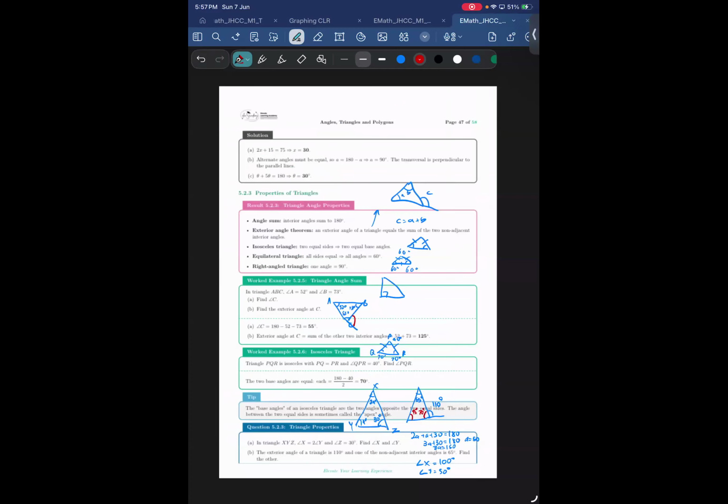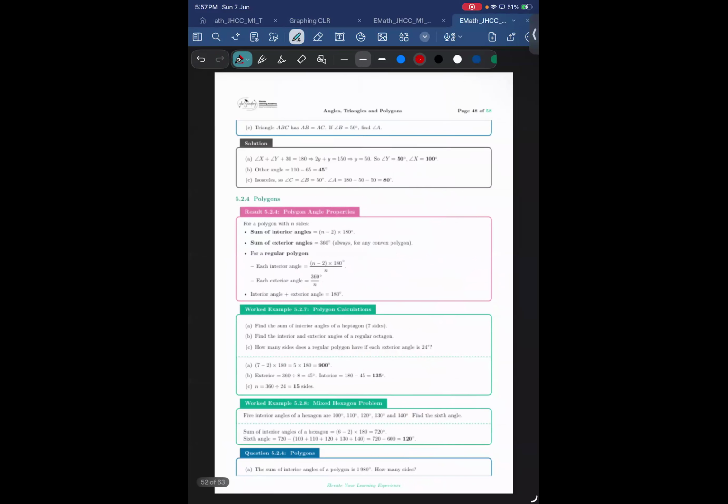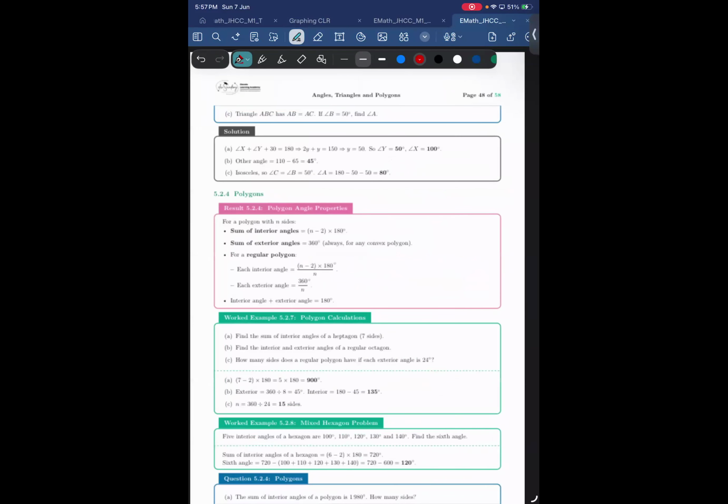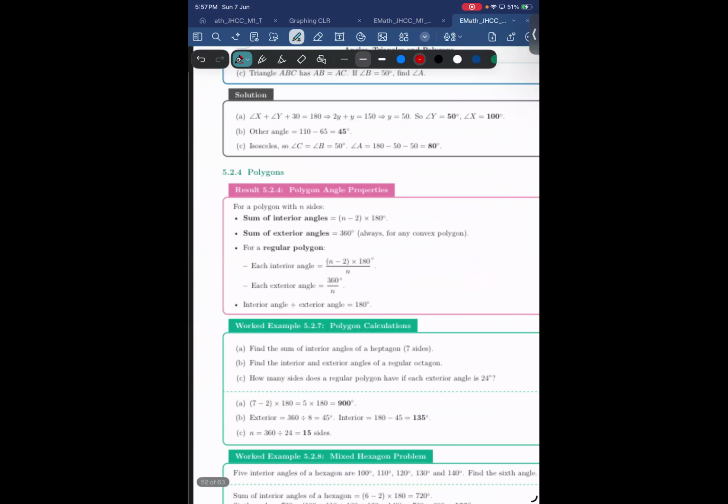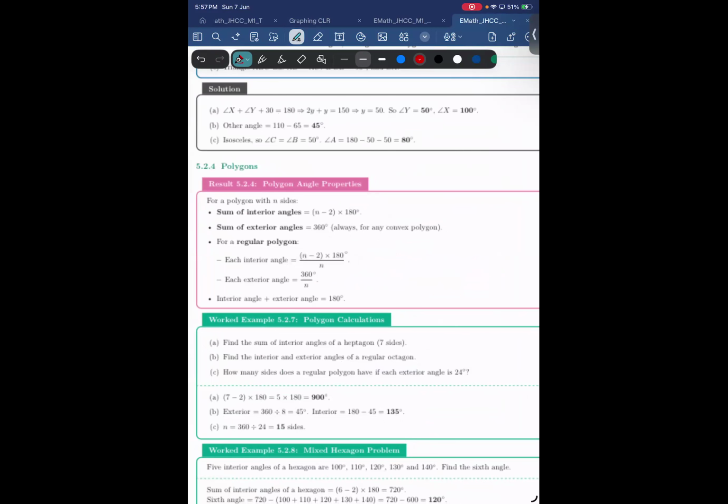Okay, polygon. Sum of interior angles. Actually, a triangle is a polygon. A rectangle is a polygon. A rhombus is a polygon. A polygon just means it's a shape with n sides. It doesn't really matter how many sides there are. It's just a shape with sides. It doesn't have to be regular. Also, each side can be different